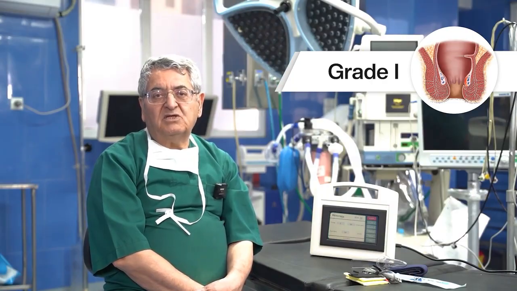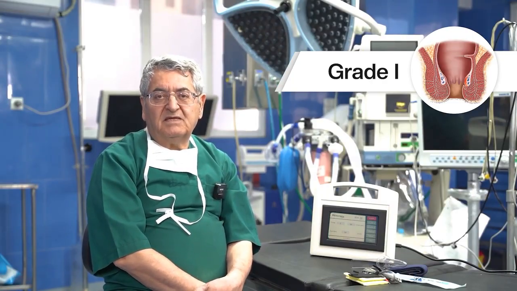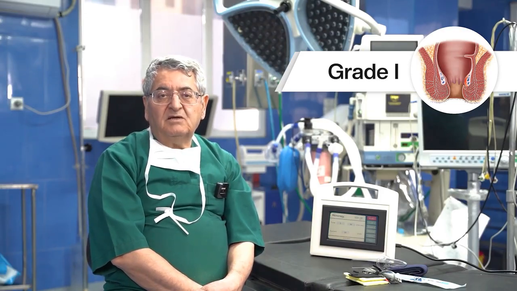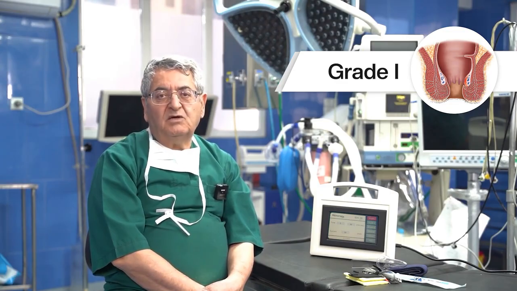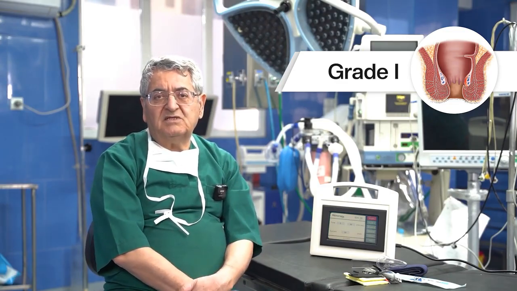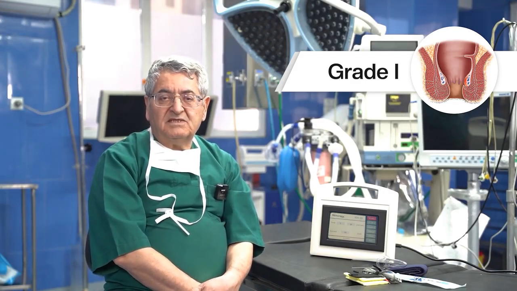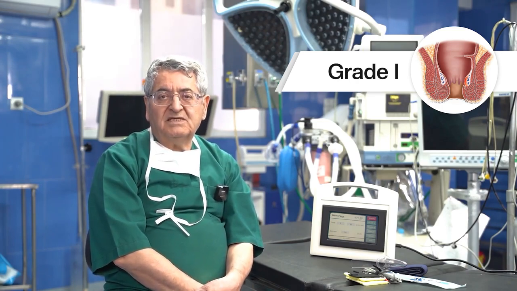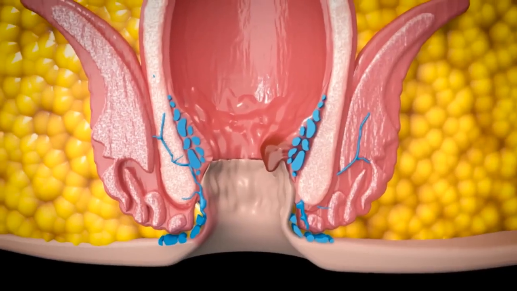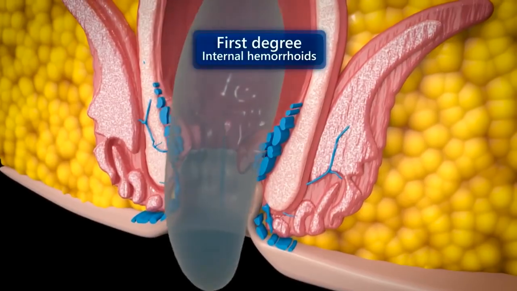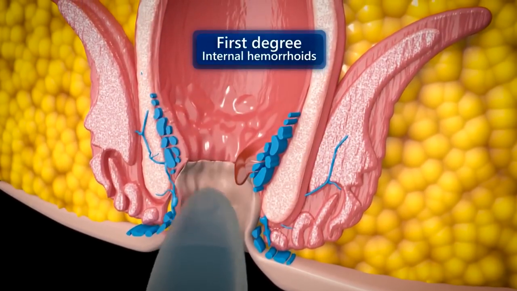In the first grade, the patient does not notice any changes in their body, except that sometimes they may experience bleeding. This bleeding can occur intermittently, 1 day, 2 days, or 3 days, and is usually a small amount, appearing as drops of blood or sometimes blood that is visible on the stool. This is how the presence of hemorrhoid disease is detected. However, in grade 1 hemorrhoids, the swelling is not significant enough to protrude from the anal opening for the patient